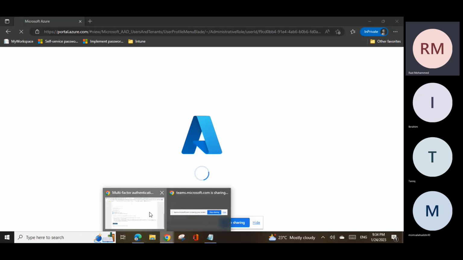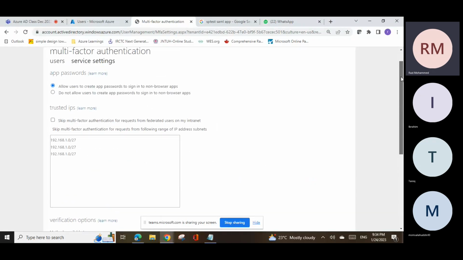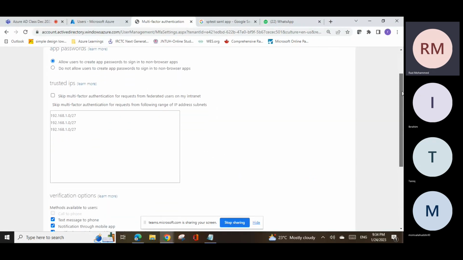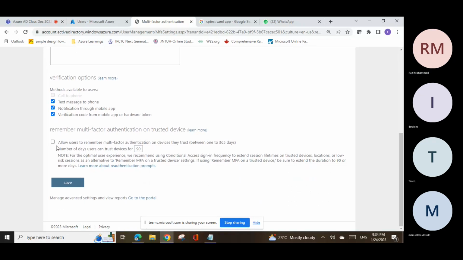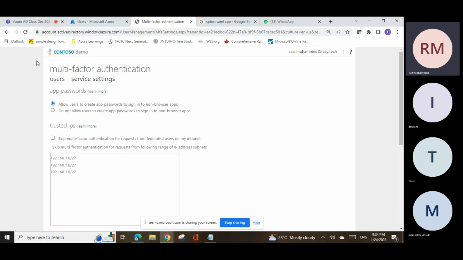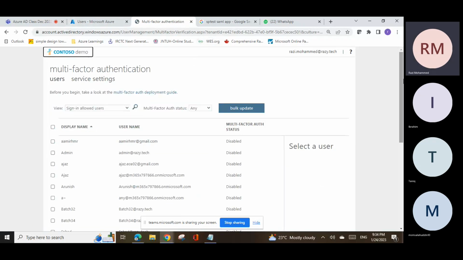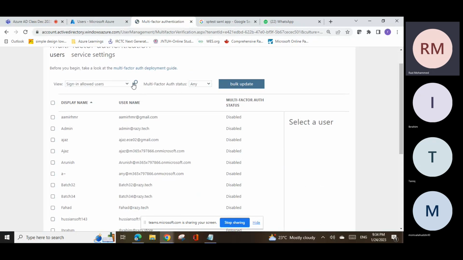ठीक है, I'll do one thing. I'll enable this MFA for a different account, क्योंकि ये सेटिंग ये यूजर जब MFA enable किए थे it was allowed, so might be there is a glitch over there. पर हम क्या करेंगे, एक दूसरे अकाउंट पे enable करेंगे. We have another account that is